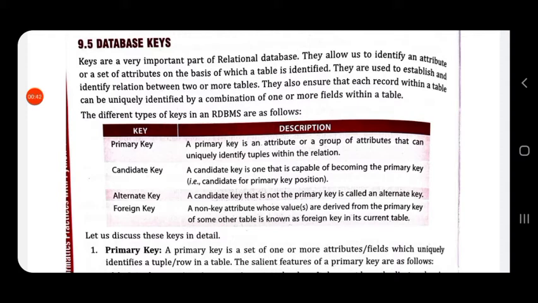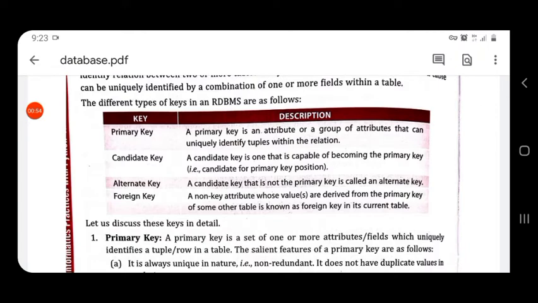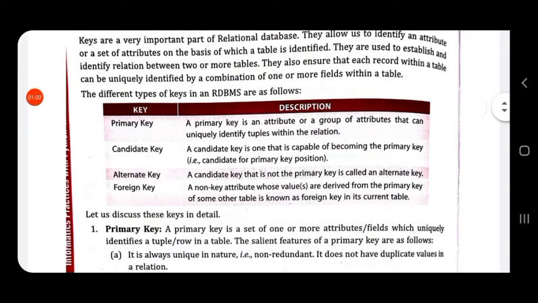Keys allow us to identify an attribute or a set of attributes on the basis of which a table is identified. To identify a row, we use a key.